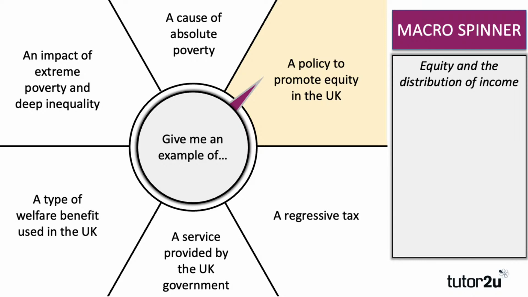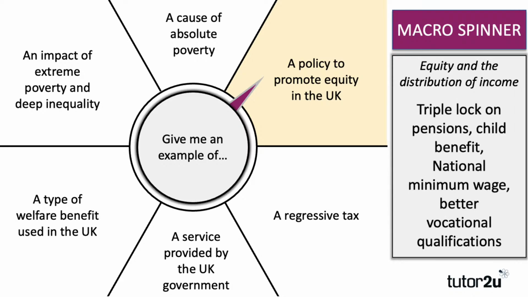Tyler said minimum wage increase. We've got mention of progressive tax. Someone suggested having a higher inheritance tax threshold to deal with wealth inequality. Fantastic mention of wealth. Remember the difference between wealth and income. Wealth is your assets, and income is what you earn. That's a very common error to muddle up wealth and income.